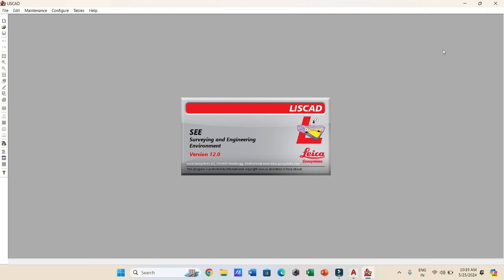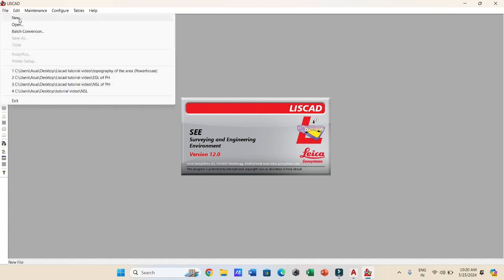So we would take out the cross sections of both data sets, but the first one we want to do is the natural surface level data point. So we would take out the cross section of the NSL data point first. In order to do this, you need to create a project. To create a project, you click on File on the left top corner of the screen, click on New,